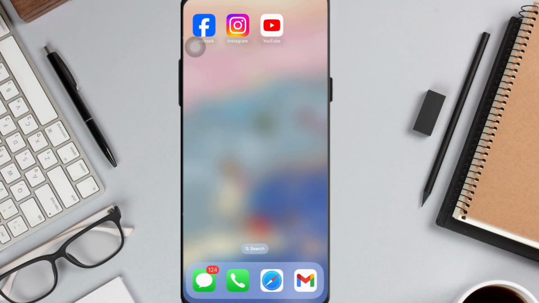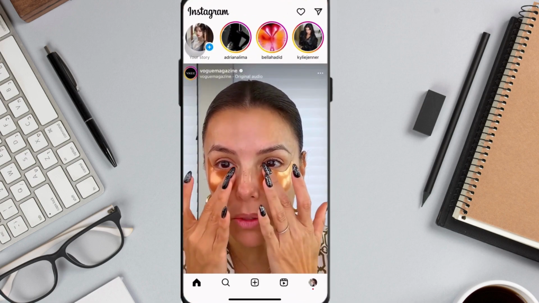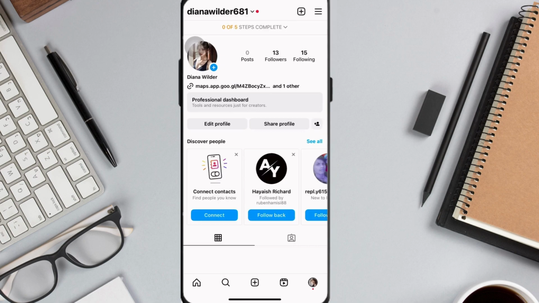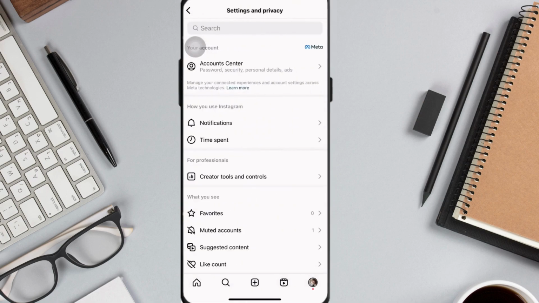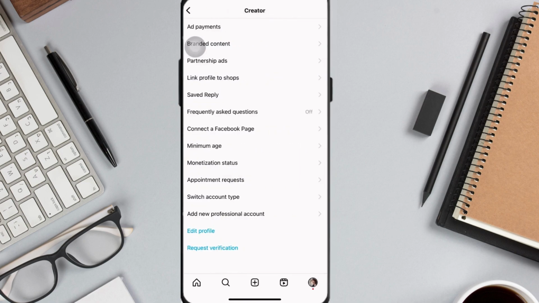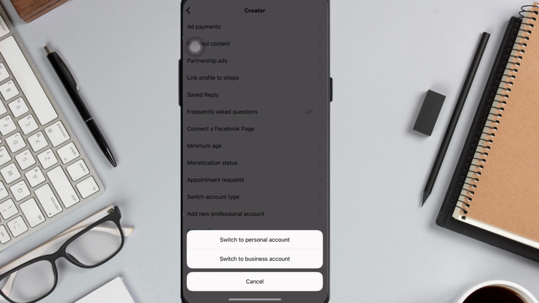Let's get started. Firstly, open up your Instagram app and then go to your profile by clicking the profile icon at the bottom right corner of your screen, and then go to menu and select settings and privacy. And from there, tap on creator tools and controls and simply locate the option to switch account type and select